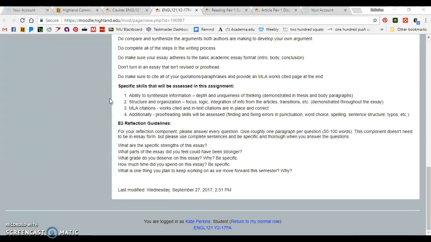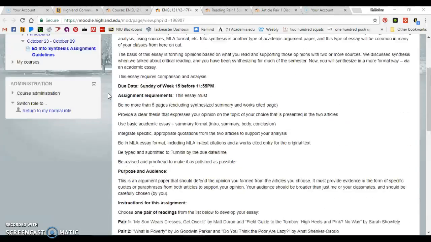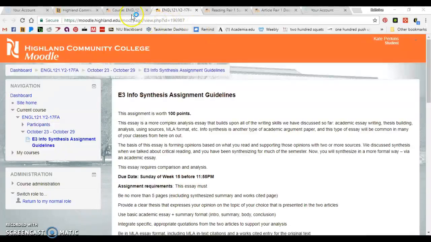Here are the specific skills that I'll be looking for. And our E3 reflection guidelines are here too. So those are similar to the last essay and the one before that. Make sure you do both and turn in your essay and your reflection as separate documents in the same Turnitin link when it's time. So those are the assignment guidelines.